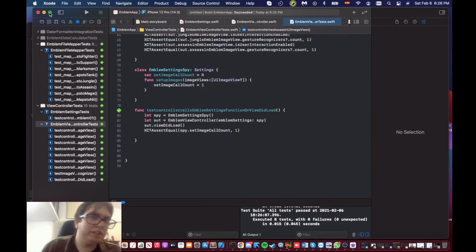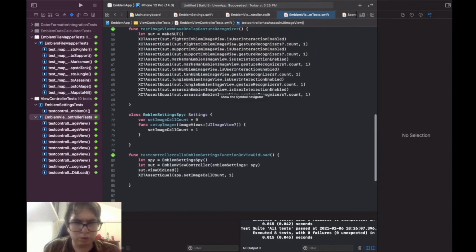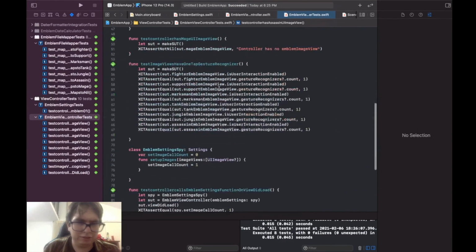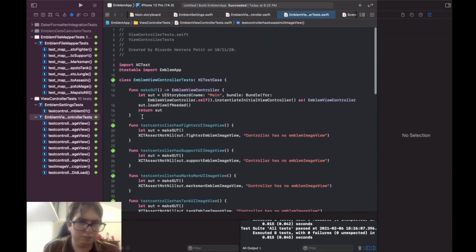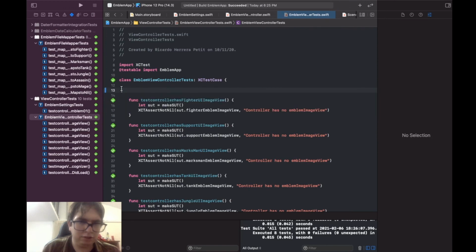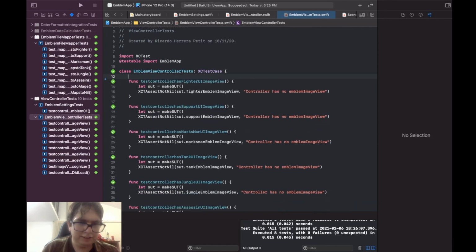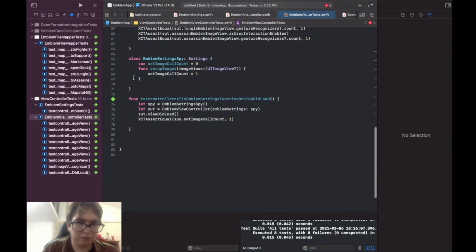So last time we were going to do the emblem settings mapper, but first of all, I want you to know that we're not using the storyboard here, and I want to use the storyboard to make things right. So right now, this actually should be a helper method, so I'm going to cut it, and I'm going to paste it over here